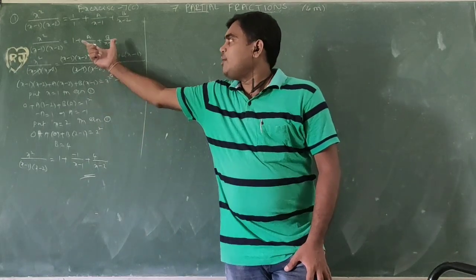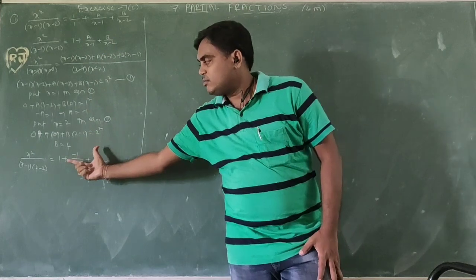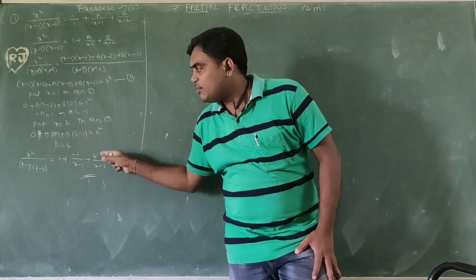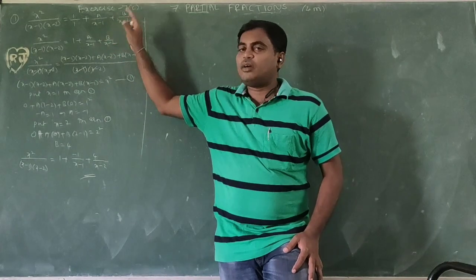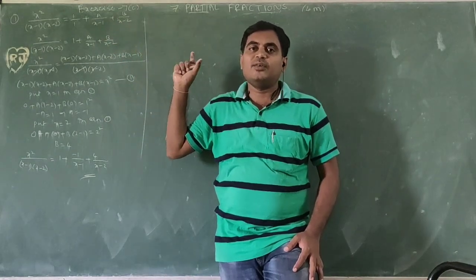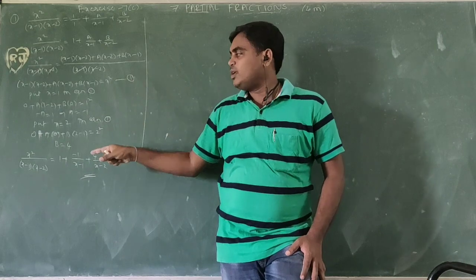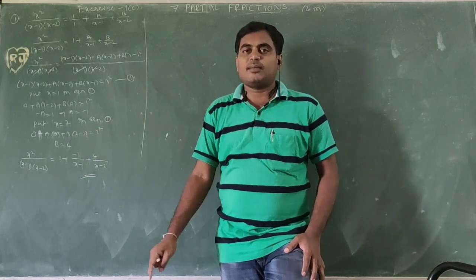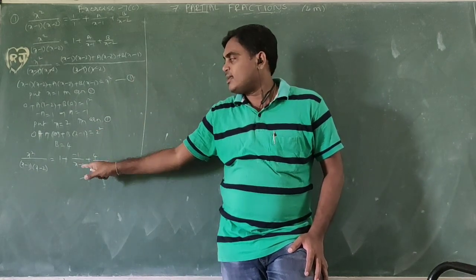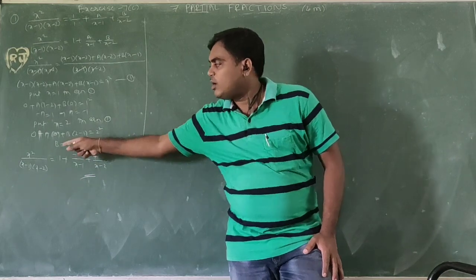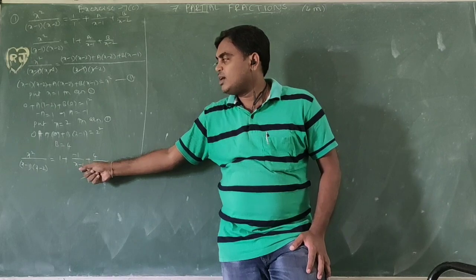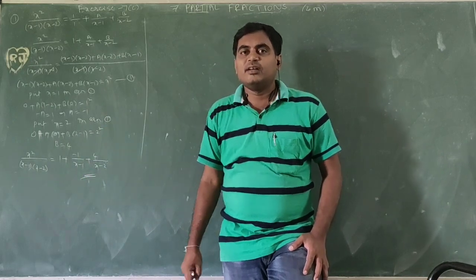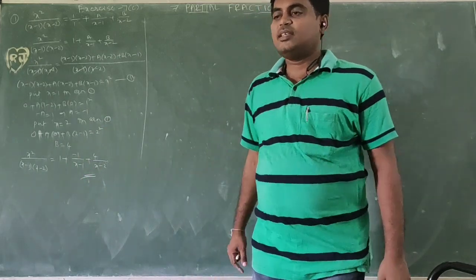So if you simplify whatever answer you got, you will get the given question. If you don't take 1, if you simplify whatever values you got, you won't get the given question. So this is the correct answer. If any doubt, do the simplification of whatever answer you got, and you will get the required question which is given.